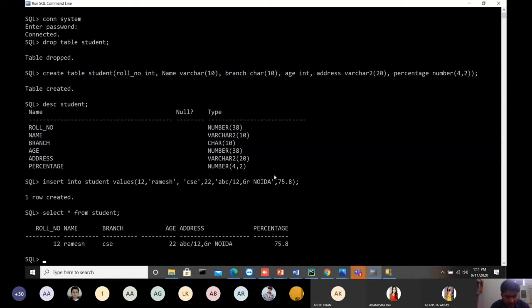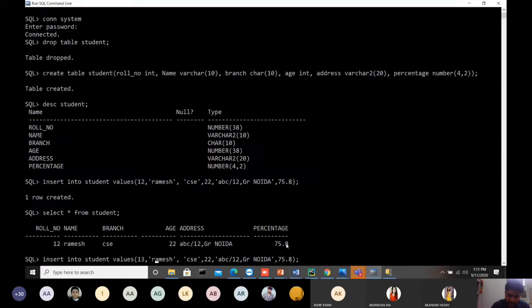In that you can see here, roll number is now 12, name is Ramesh, branch is CSE, age is 22, address is this, and percentage is 75. So one row is inserted into the table, right? Similarly, if we want to insert one more row, let it be suppose 13.